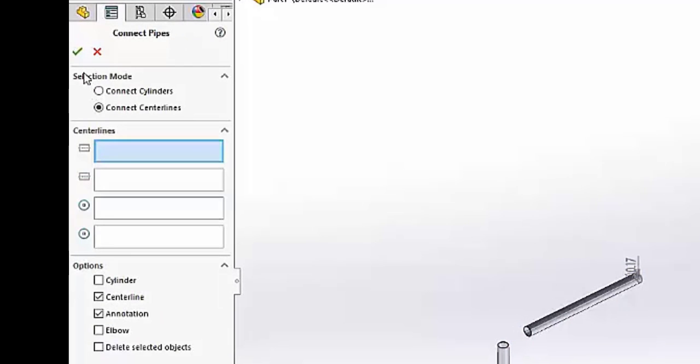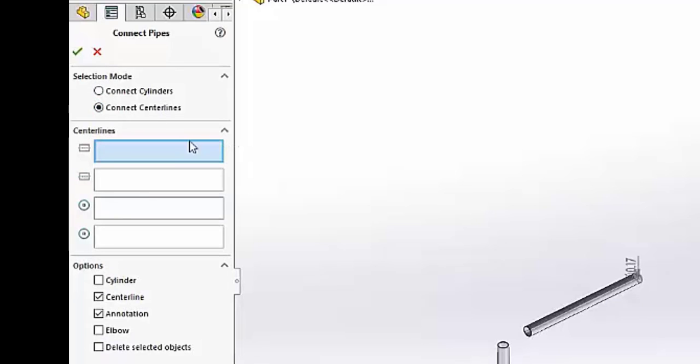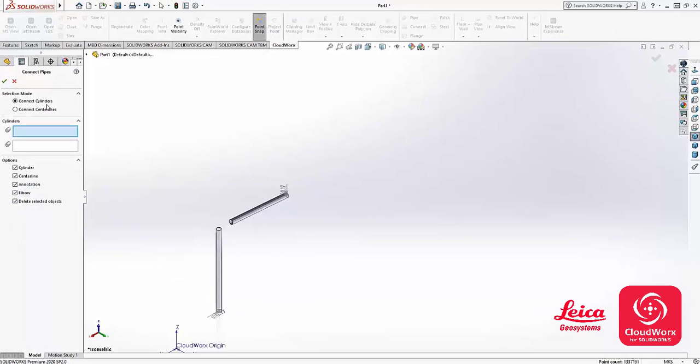So you can quite clearly see then we've got two options. We can connect the cylinders or we can connect the center lines. So it depends on how they've been fitted. It depends whether you've got the right fit or the right alignment as to which option you're going to choose. And then in terms of creating it, you can create the cylinder, another center line, the annotation, and also the